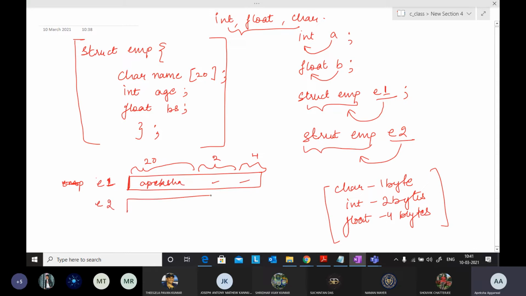Similarly, e2 will also have 26 bytes, with some other name, some other age and some other float. Got it? Any doubts in this structure?